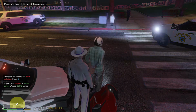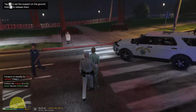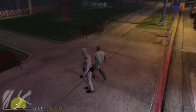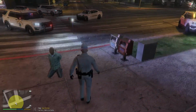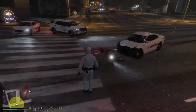Alright, sir, right now you're going to be placed under arrest for felony evading and reckless driving at this time, alright? Go ahead and just take a seat here over on the sidewalk. Go ahead and take a seat right here. It's going to be a black male. Alright, hopefully that officer's alright. I'm not sure. That officer just came out of nowhere and wrecked into him, so we're going to go and